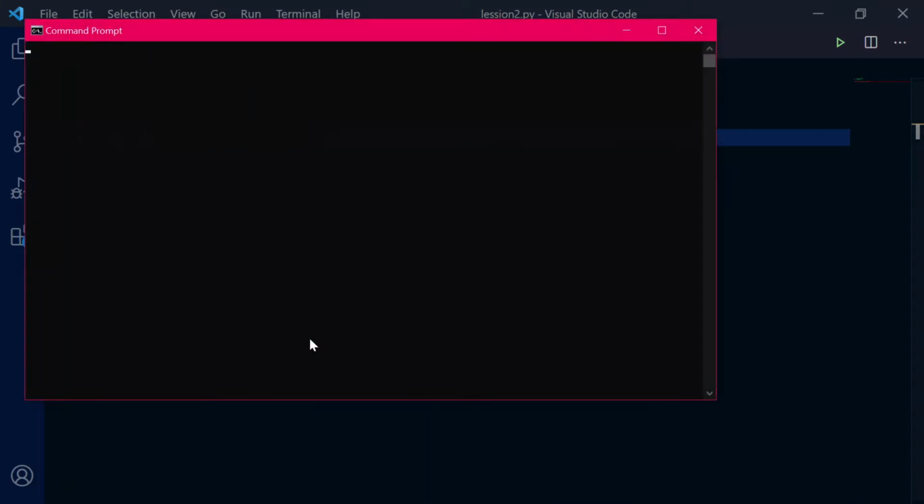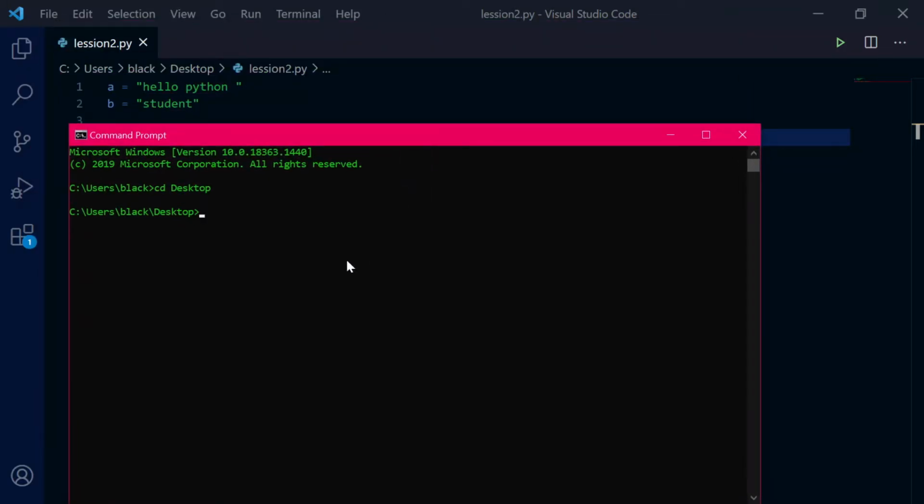Open command prompt and navigate to the desktop or whatever location you saved your Python file. In my case I have saved it on desktop, so I will navigate to desktop and run the Python file. My Python file name is lesson2, and run it. It says hello Python student.